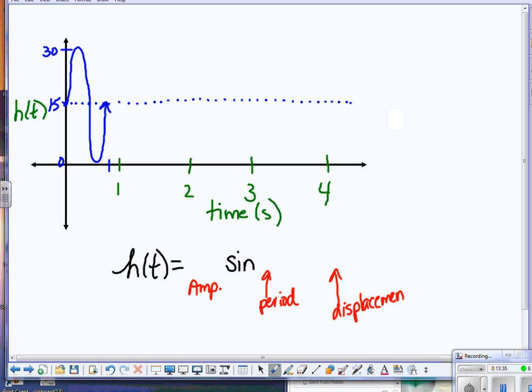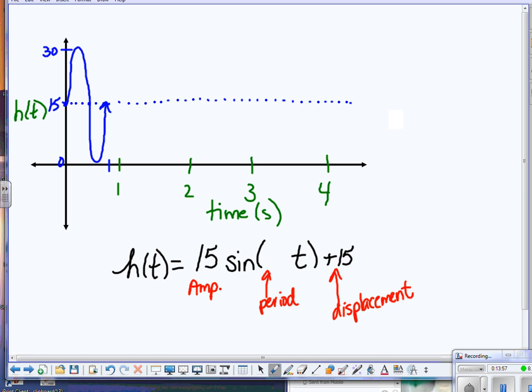All right, this is not an upside down sine function, and it has an amplitude of 15. So that's the easy part. The displacement's not bad either. The whole thing would be up 15. And lastly, I need a number